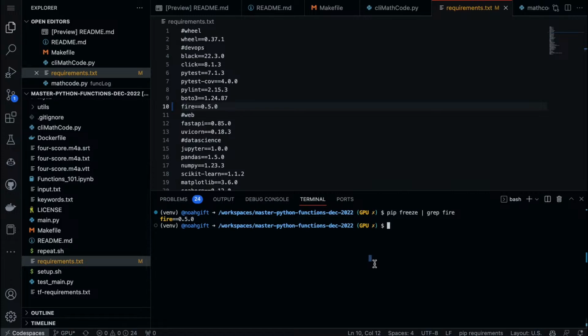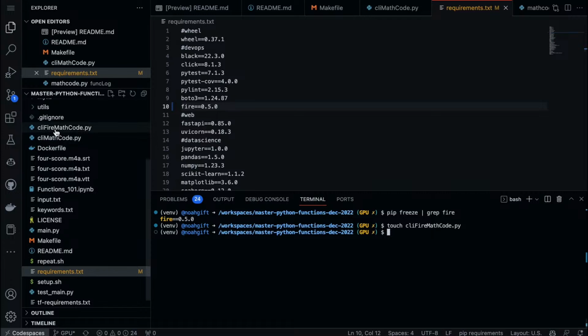So let's go ahead and do that. We'll say touch, and we'll call this one CLI Fire math code.py. So this will be just a little bit different, but close. And so we can go ahead and refresh this. There we go.